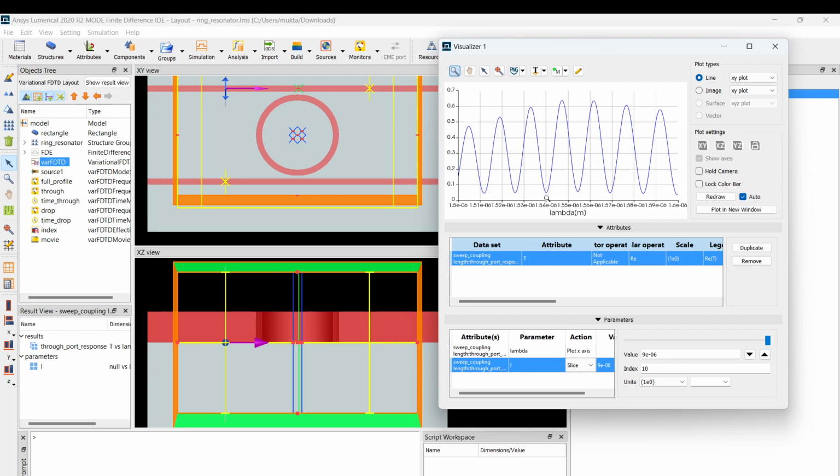The extinction is pretty high, so that is quite desirable. Let's try putting.